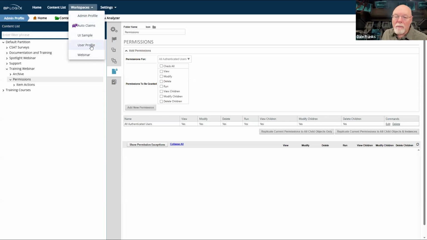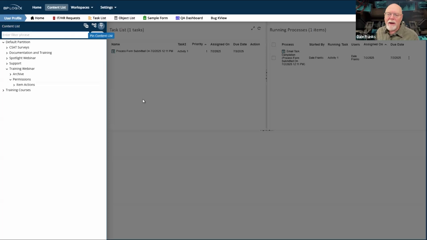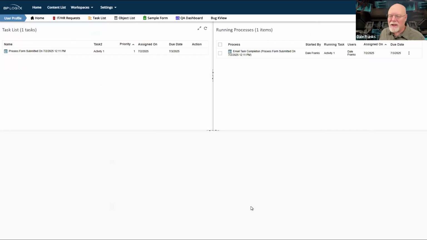But most users will probably end up with a UI kind of like this, where the workspace itself doesn't really give them access to the content list itself.